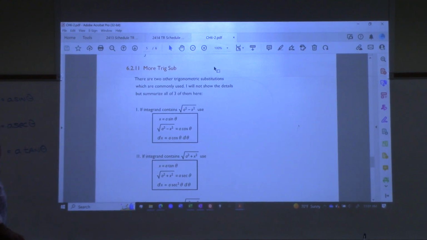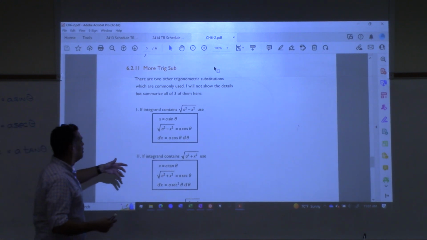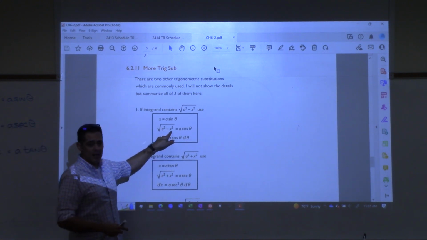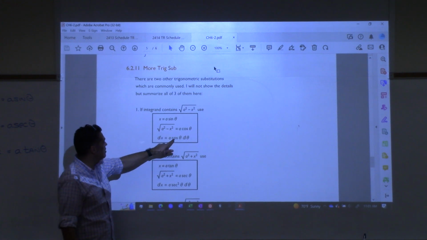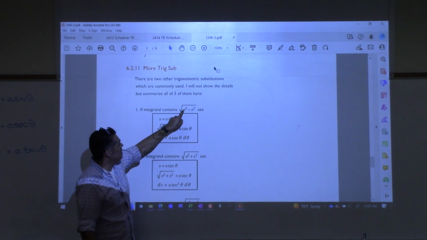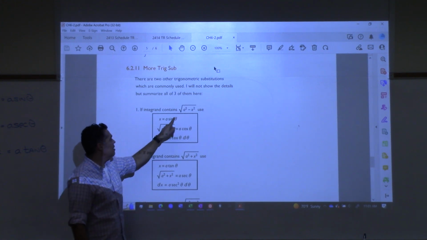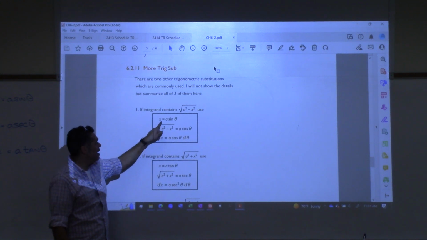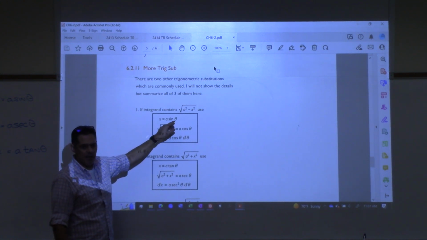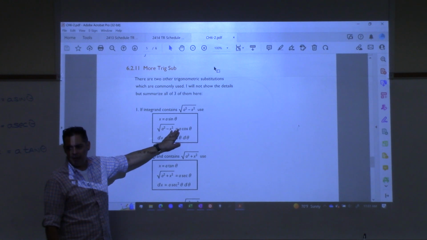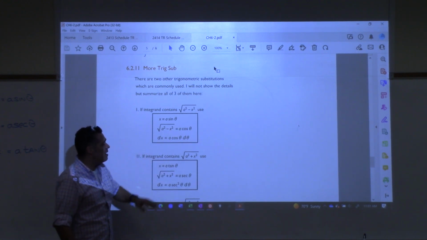So what we did last time is we said if we ever are trying to do an integral where we see the square root of a squared minus x squared, that we're going to make this trigonometric substitution: x is equal to a sine theta. And I think I did like one example of that at least. I'm going to move on now to the